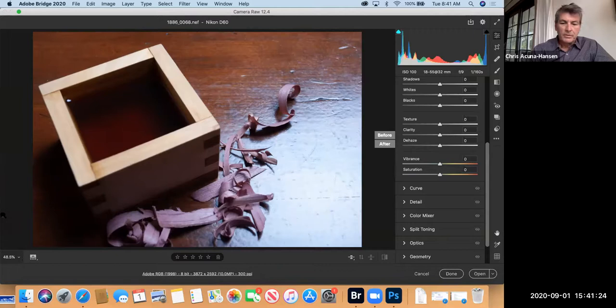I hate working with Zoom because all my fingers don't work correctly in here. Okay, so